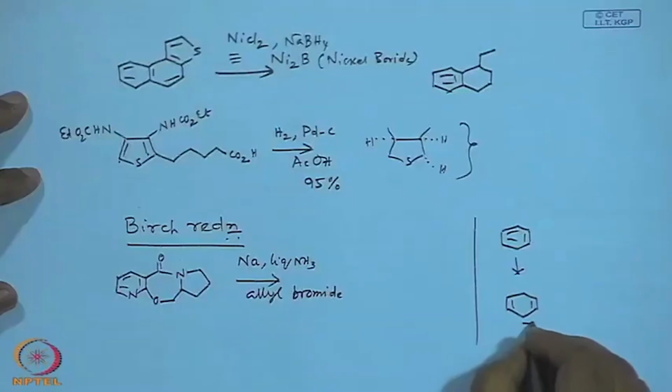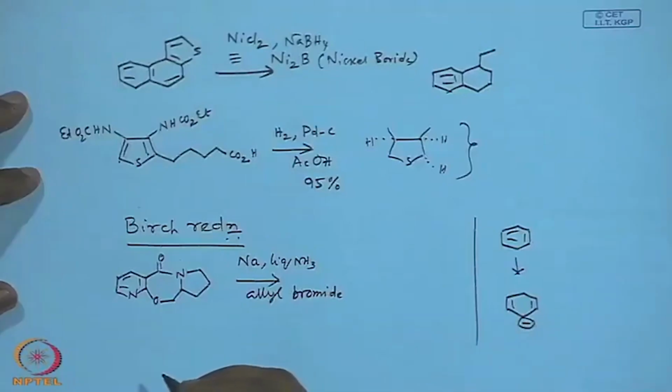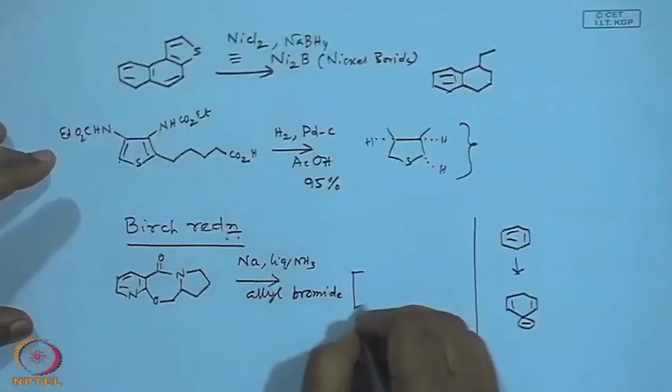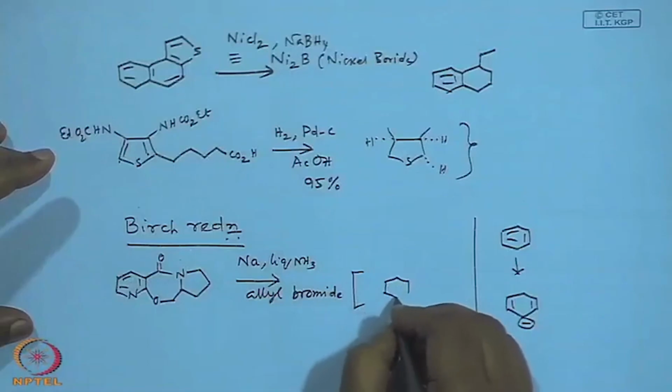In any case, if you know the mechanism, this is single electron transfer. It goes through a radical anion, then eventually to an anion, and the reaction is also coincident with tertiary butanol, where the proton is abstracted. So, the product is formed. You have to mind this, and what is the driving force for the reaction? The carbanion stability. So, if you know this basic mechanism, then you should be able to predict what the intermediate is. The intermediate should be